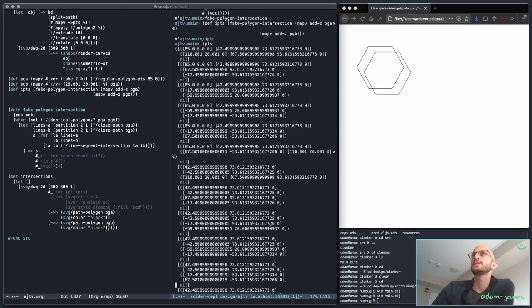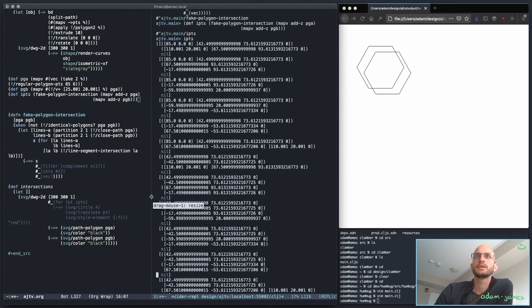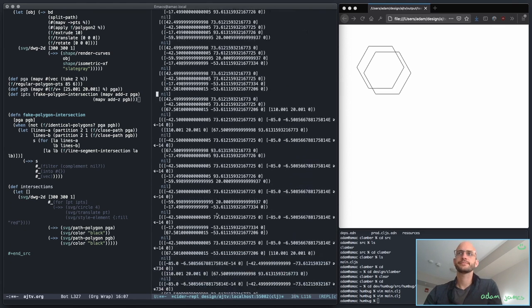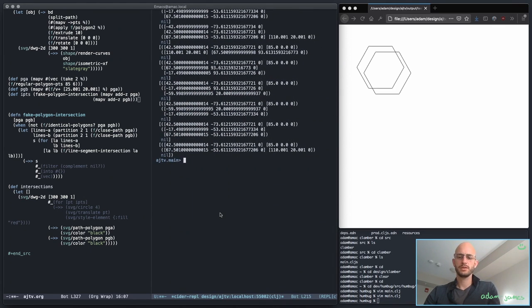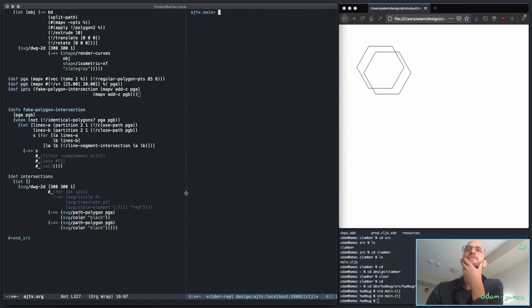I thought I had an idea, but it scampered away. Maybe the line function for intersections isn't actually working as well as I thought. So what I want to do now is actually